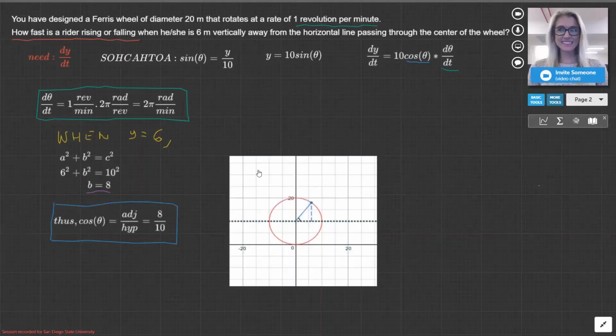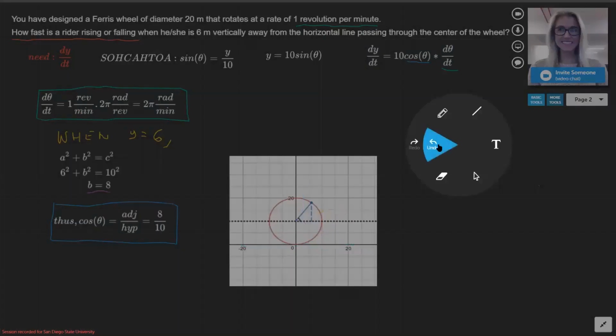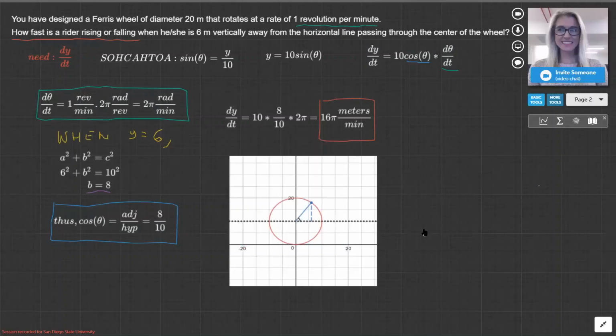Okay, so then again, using SOHCAHTOA, you can find cosine theta using basic trigonometry, which is 8 over 10, adjacent over hypotenuse. And then using these two values, we can plug into the dy over dt equation, plugging in 8 over 10 and 2 pi, and you get 16 meters per minute, which is pretty handy. And that would be how fast the rider is rising or falling at that given